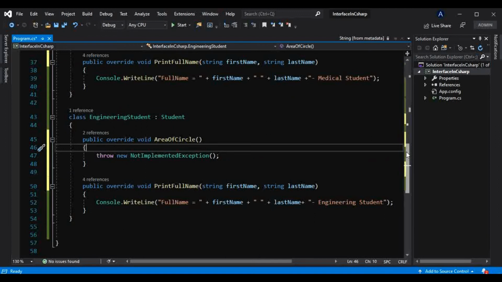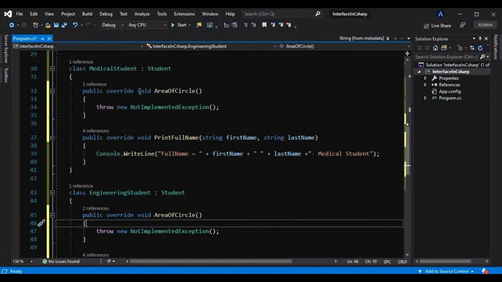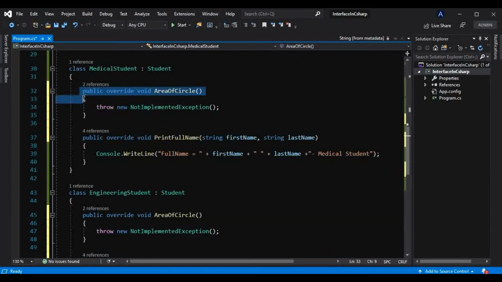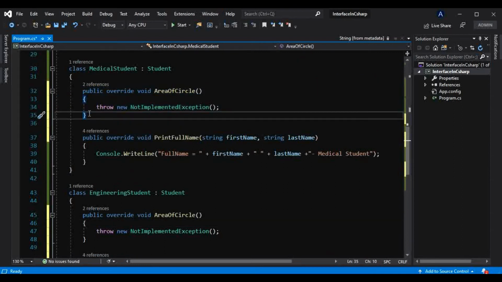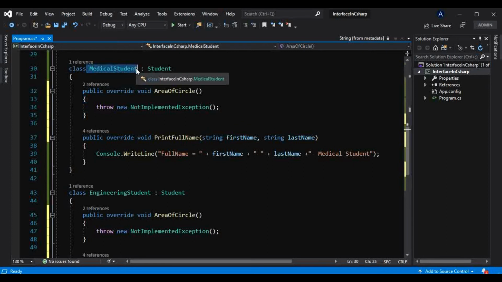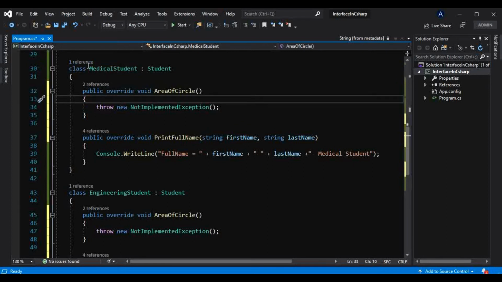Okay, no problem. But what do you think? Does this area of circle method have anything to do with this medical student? No, this medical student has nothing to do with the area of a circle.